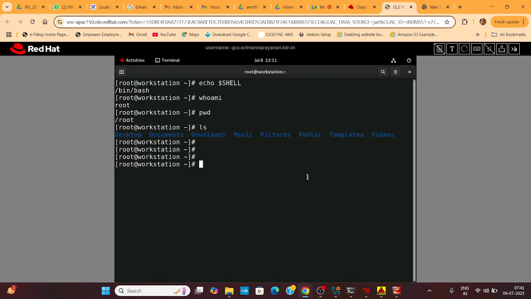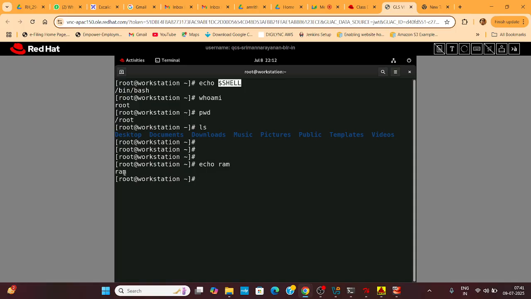And I introduced who am I, PWD, list commands. Then echo. I typed the command echo. I can say echo is a kind of print command, so it will print. To print we can use echo. You know the basic meaning of echo, right? Echo, hearing back the same thing multiple times. Echo is a kind of print command. So if I type echo ROM,